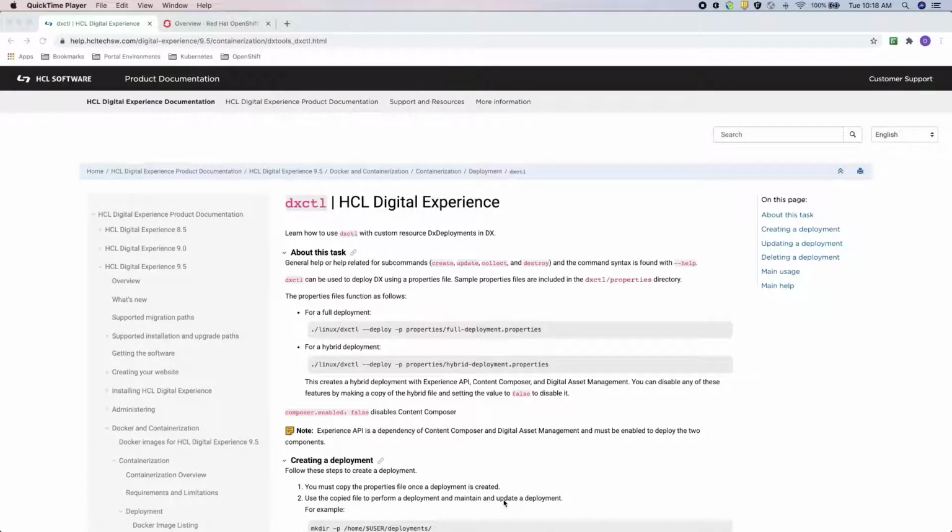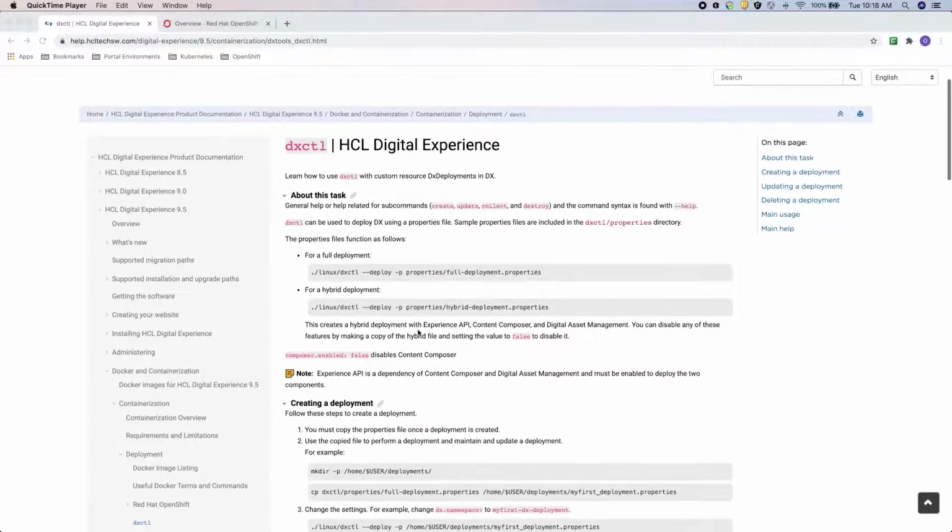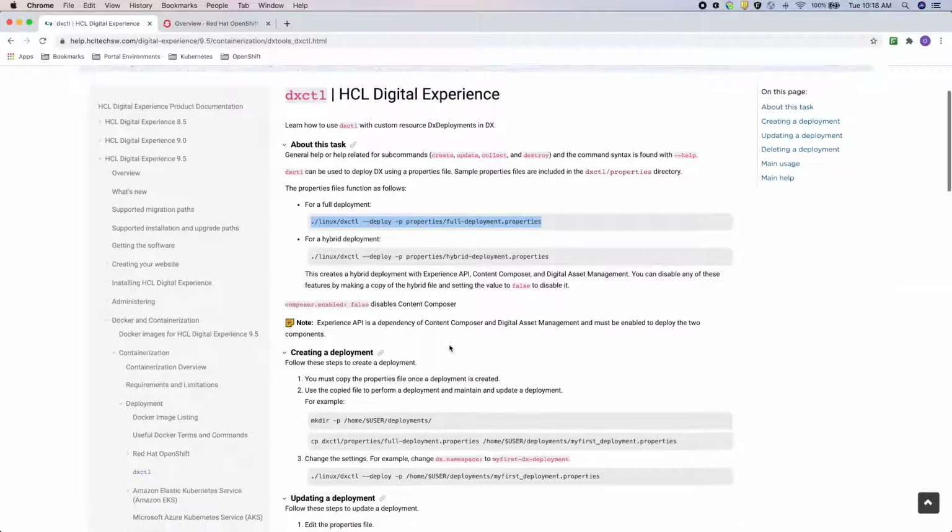dxctl was released with Portal starting in CF19. This CLI allows you to deploy, update, and remove Portal deployments. It also allows you to collect diagnostic data when troubleshooting issues. In this video, I will show you how to use dxctl to deploy Portal, Digital Asset Management, and Content Composer